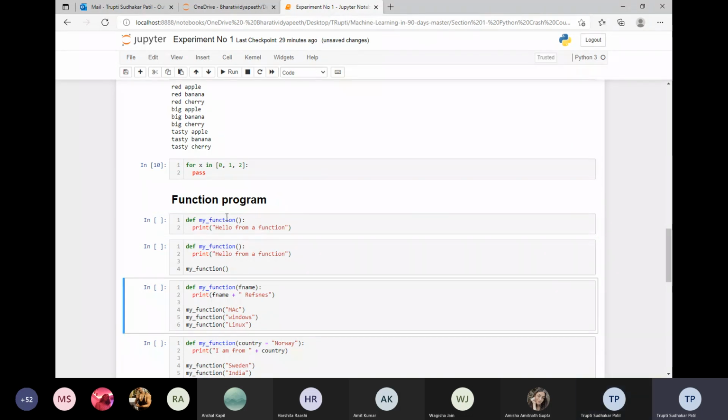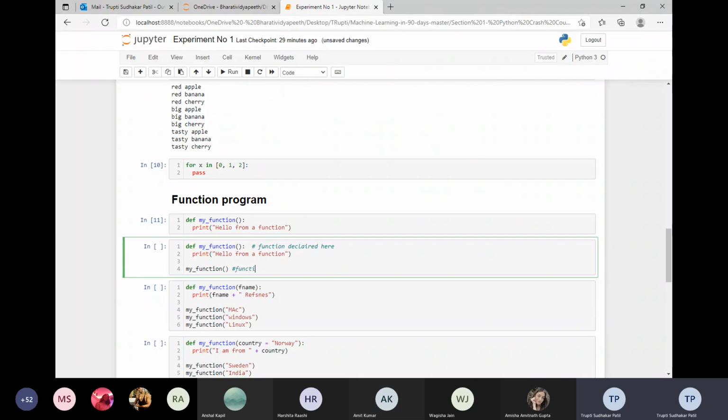But let us check whether it should be running. Just call हुआ but function को object create ही नहीं किया. हमने function को call नहीं किया. ये मतलब क्या होगा? This part is nothing but my function declaration. Okay, the function is declared here. So I'm writing a comment, and this is the function call. जब तक आप function call नहीं करते हो, until and unless it will not get called.